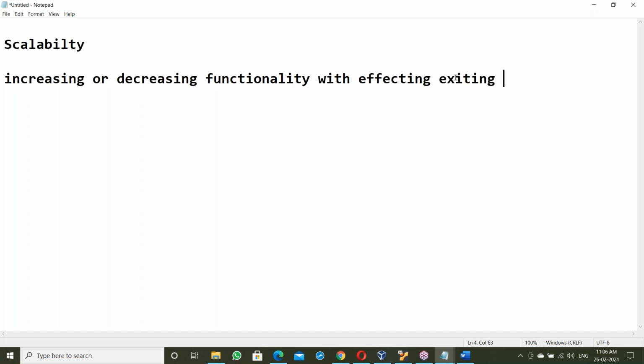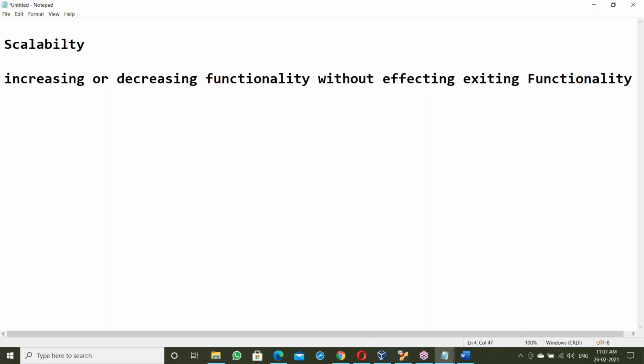Scalability means increasing or decreasing functionality without affecting existing functionality. This is scalability.